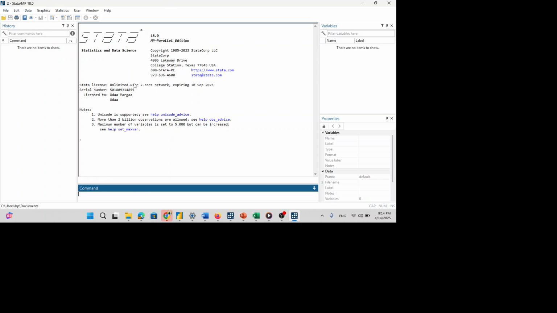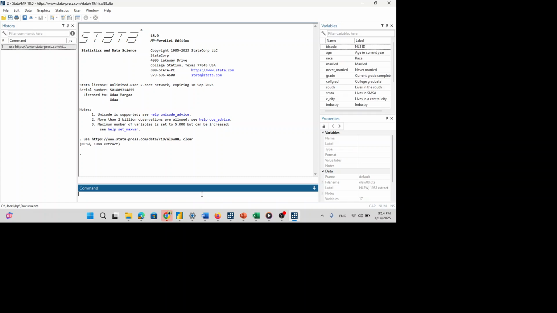So I wanted to download a dataset from Stata. Let me paste this link, then enter. So this is the variable list based on this link.